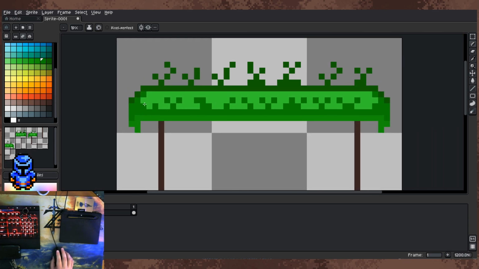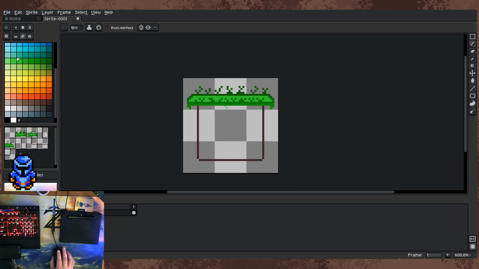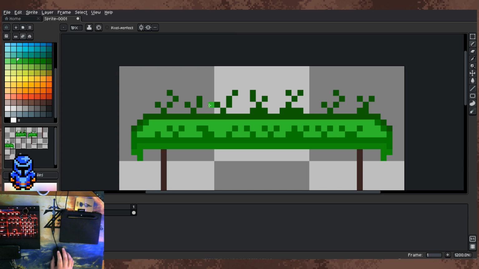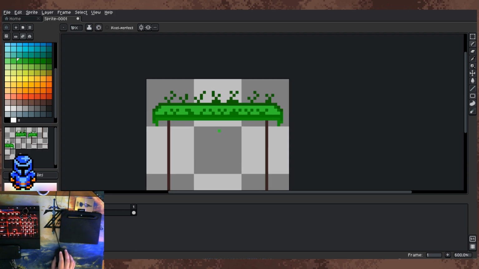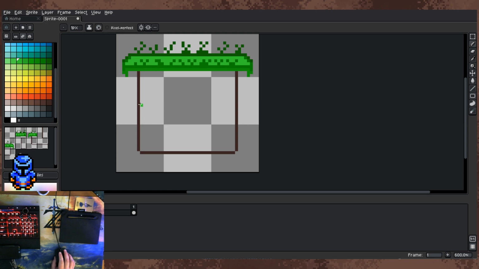Okay, so I kind of like where this is going. So we've got a nice grassy platform here for our protagonist to run across. Our little blue knight. We'll say that our little blue knight's starring in this video game today. So he's going to be doing a good job here. Next we need to do